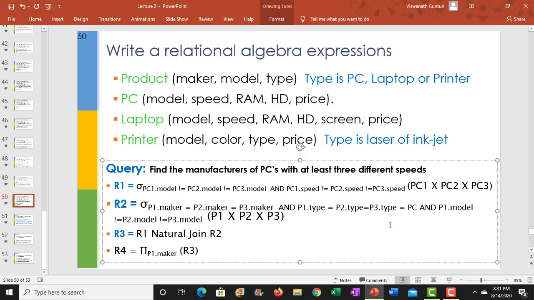you are checking two things. So first thing is that the maker should be same, and the second thing that you are checking is that the model number should be different, right? So the first check, this part, is taking care of only the PCs. That means, I'm not interested in laptops or printers. And then